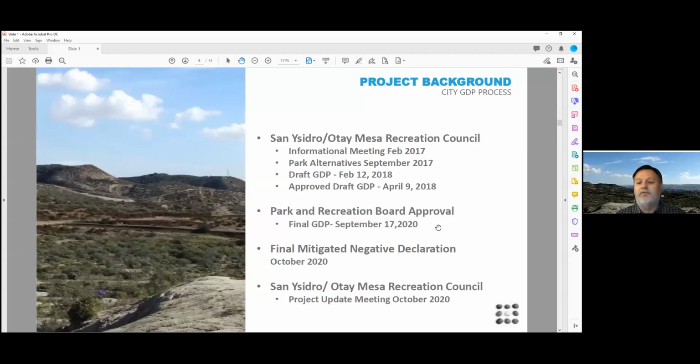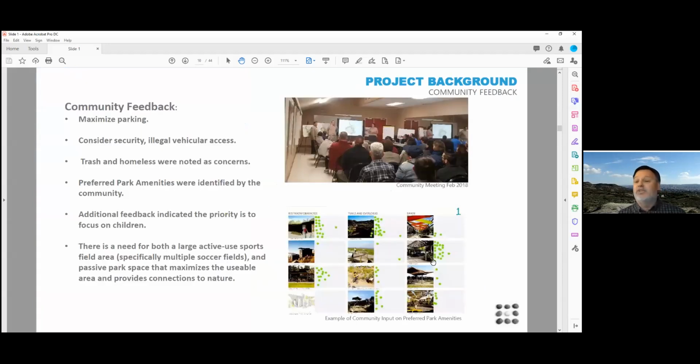Board, after taking care of most of the environmental issues for the park, was presented in September of 2020, so just a few months ago, and that gave us the permission to move forward into construction documents. The mitigated negative declaration was completed in October, and we had a meeting in October of 2020, again with the Recreation Council to give them a quick update, and then we're here today